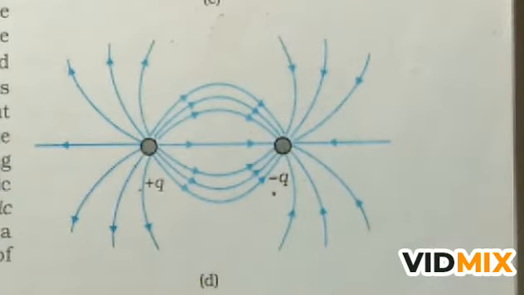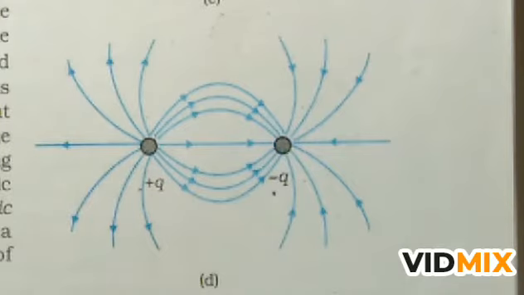The first property of electric field lines is that a field line starts from a positive charge and ends at a negative charge. If there is a single charge, the lines may start or end at infinity. Suppose a positive charge, it starts from the positive and ends at infinity. The second is that in a charge-free region, the electric field line is a continuous curve without any break, meaning there is no break in the electric field lines in a charge-free region.